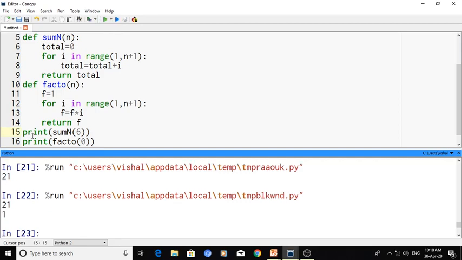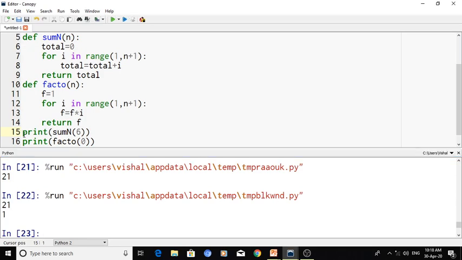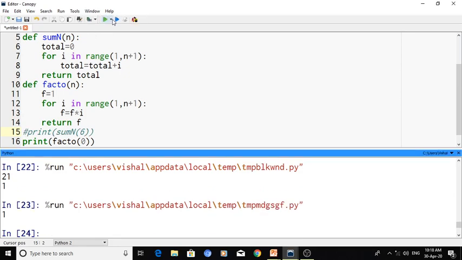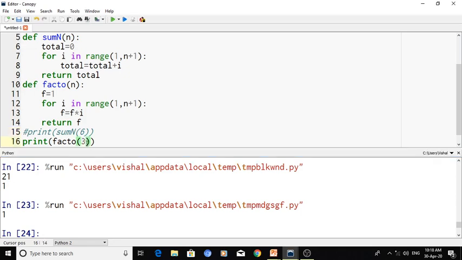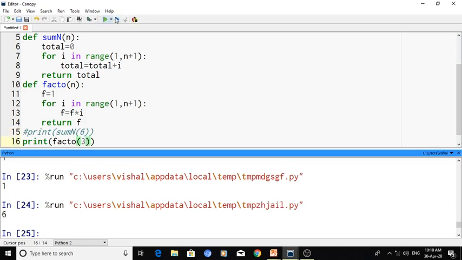Now see, the sum of 1 to 6 is 21 and the factorial of 0 is 1. I should make it a comment, so only the factorial. 1. If I write 3, 3 into 2, 6.